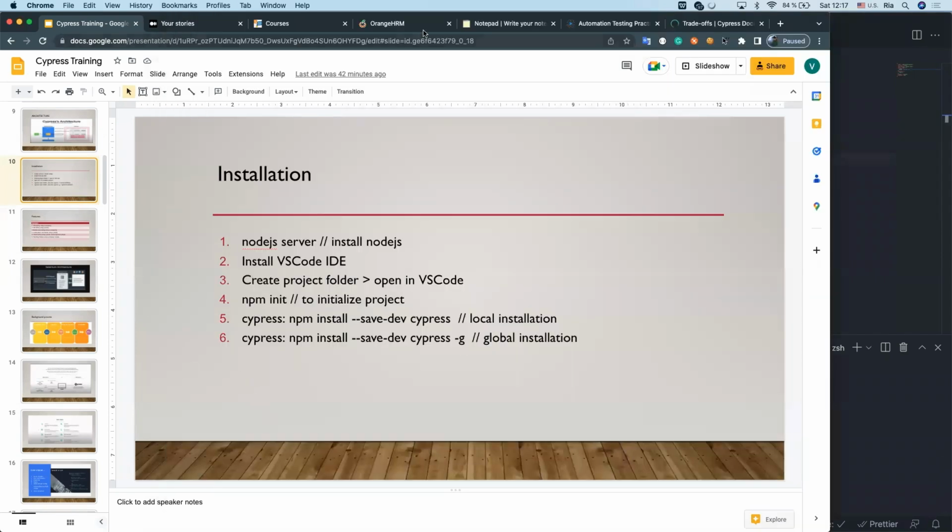Okay, just a second. Okay. Yeah, the next step is we have initialized the project package.json file to install the packages. Okay, the next thing is